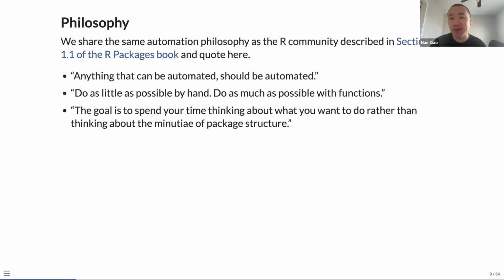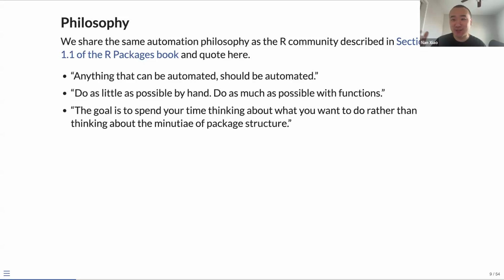So I'll start with some very basic philosophy, very familiar stuff as we presented 4 years ago. We do share a very similar automation philosophy as the R community, and that has already been described very well by Hadley Wickham's R Packages book. That is to automate anything that can be automated and do as little as possible manually, but do as much as possible with functions and all these developer tools, right?